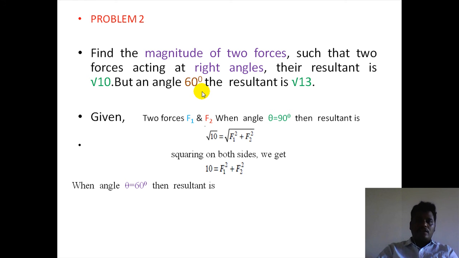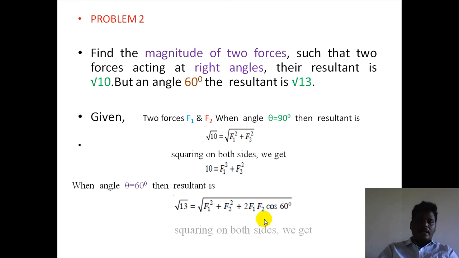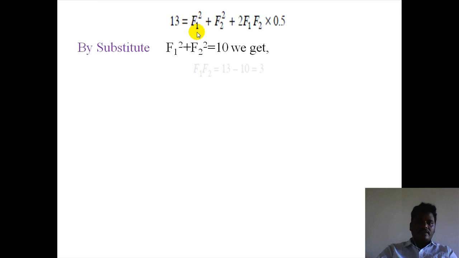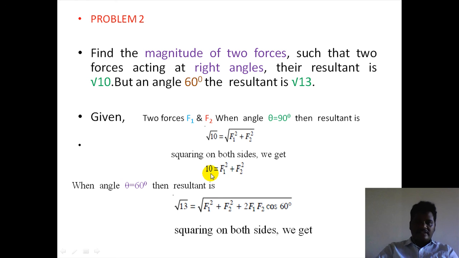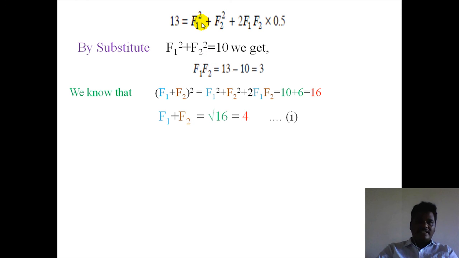Now, when the angle is 60 degrees, the resultant is √13. Using the equation R equals the square root of F1 square plus F2 square plus 2F1F2 cos theta, with theta as 60 degrees, and squaring on both sides, we get 13 equals F1 square plus F2 square plus 2F1F2 times 0.5, since cos 60 is 0.5. Consider F1 square plus F2 square equal to 10, which is equation 1. Putting 10 in place of F1 square plus F2 square here,